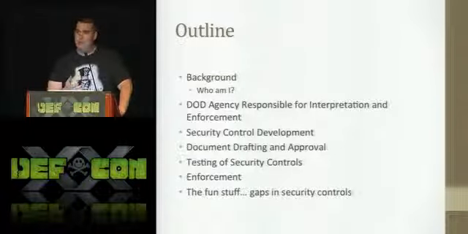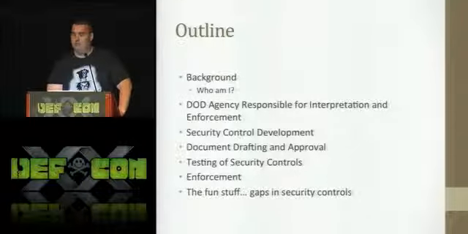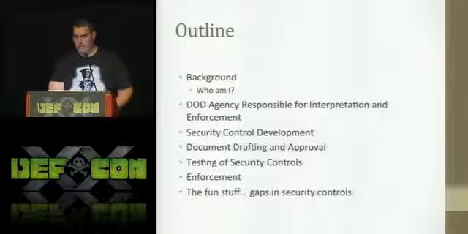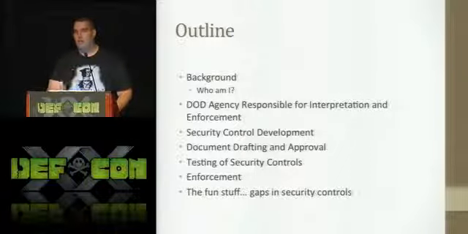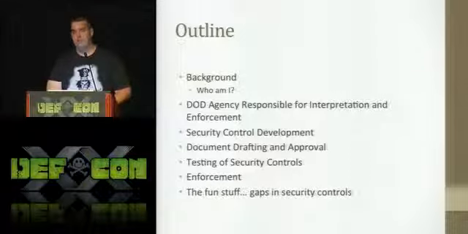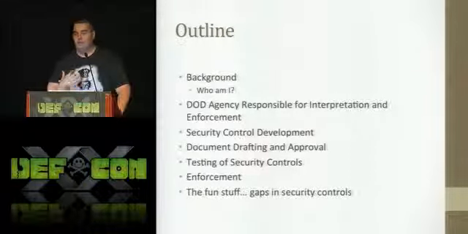So this topic is mainly going to be about the DSS, how they implement controls, how they develop them, and some of the major flaws in their security controls. Now, unfortunately, it's going to take me a little while to get there, so I hope you guys hold out. It's just because I want to give some background. Not a lot of people are familiar with how classified controls are put in place, how they're developed, and how they're enforced. And I'm a firm believer that people should know.